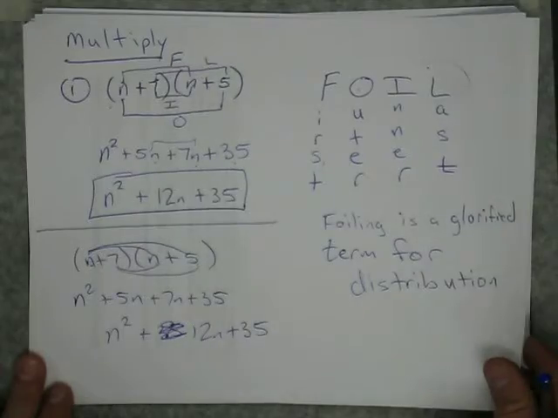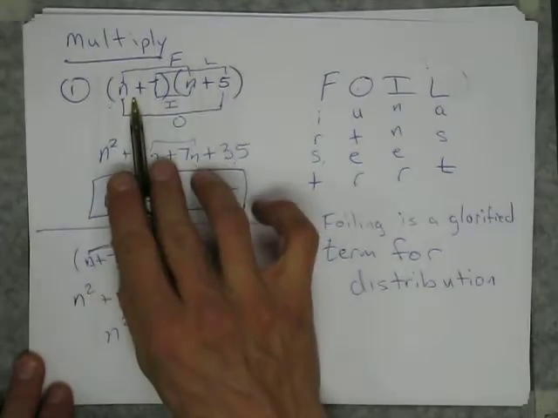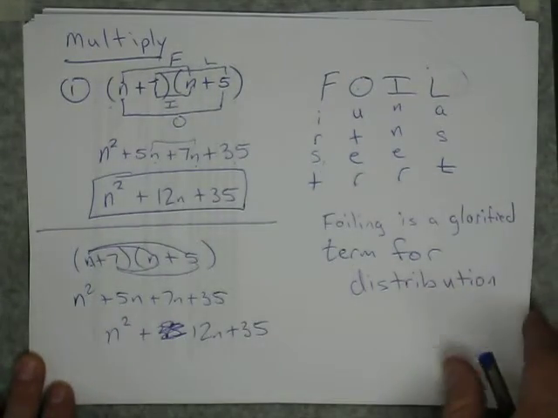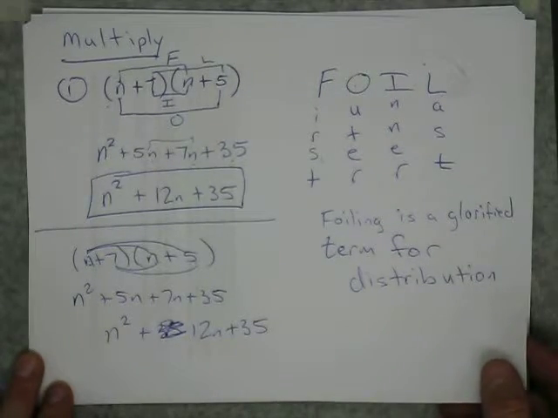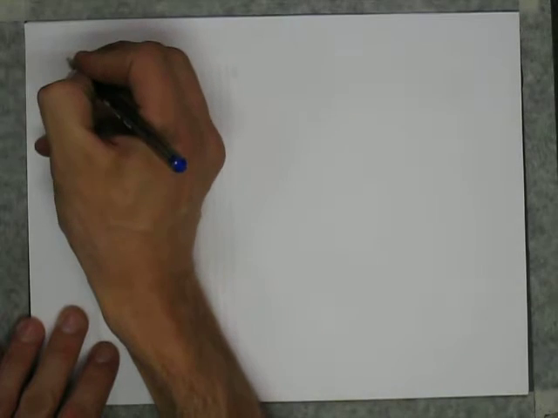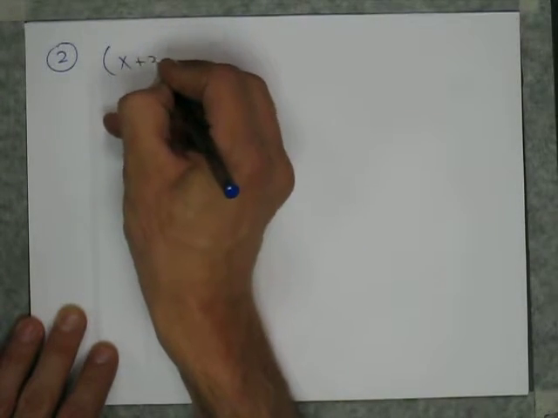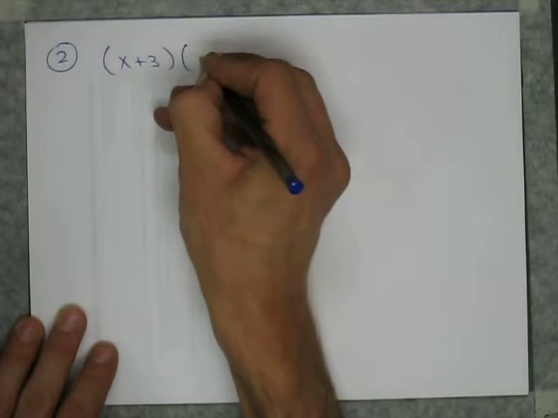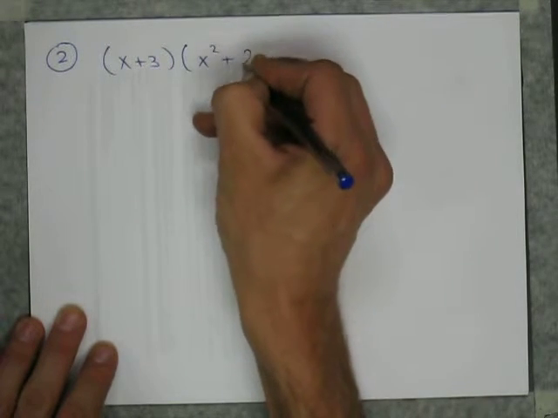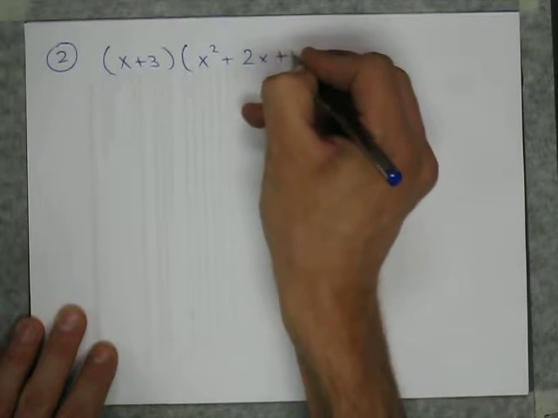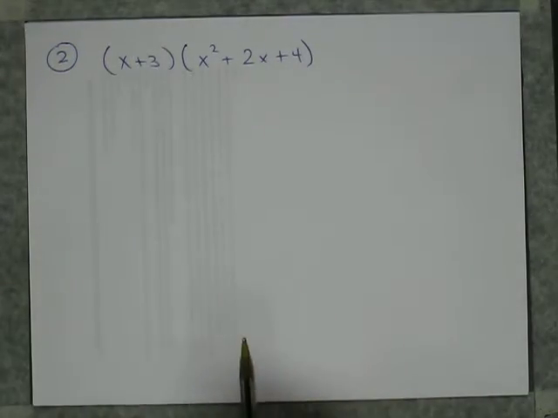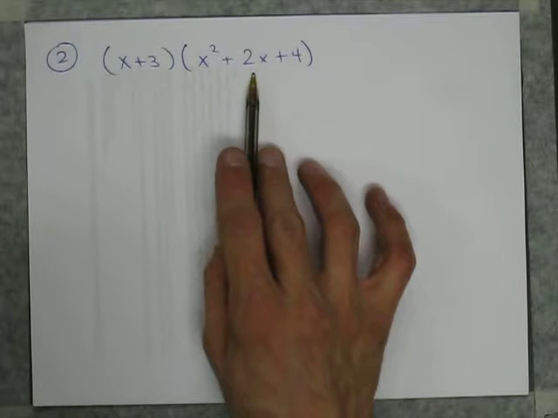All right, let's do another example. Now, foiling only works when you have a binomial times a binomial. All right, let me give you an example where you have a binomial times a trinomial. So number 2 here. What happens if I have x plus 3 times x squared plus 2x plus 4? Well, now I have a binomial times a trinomial,